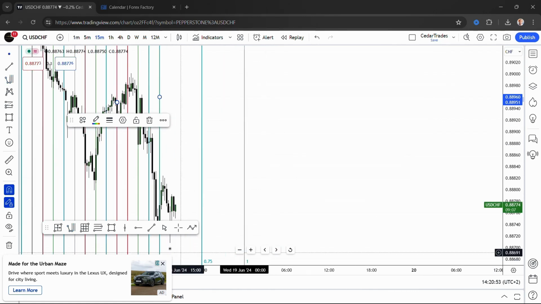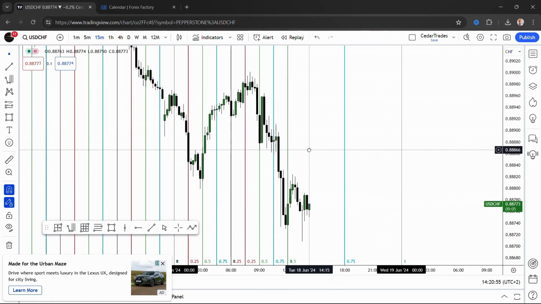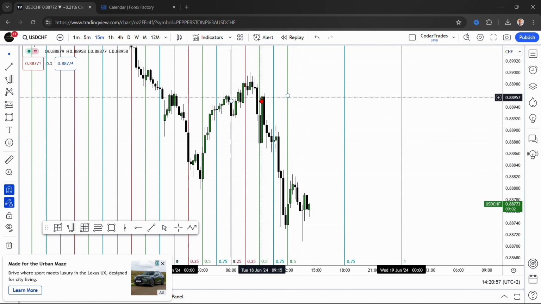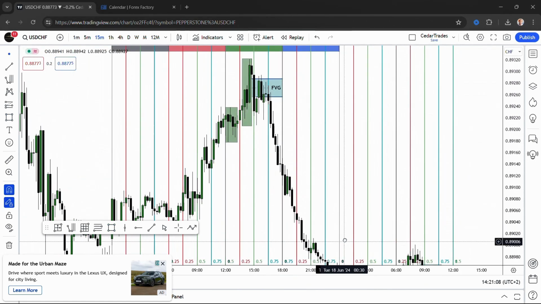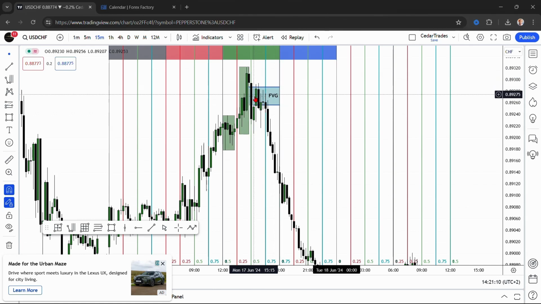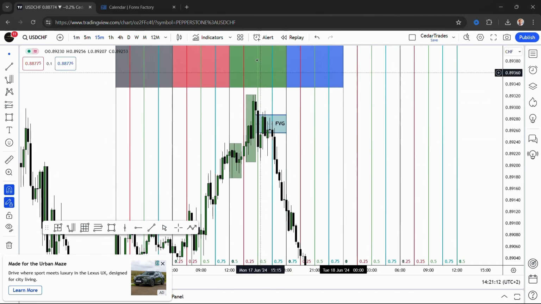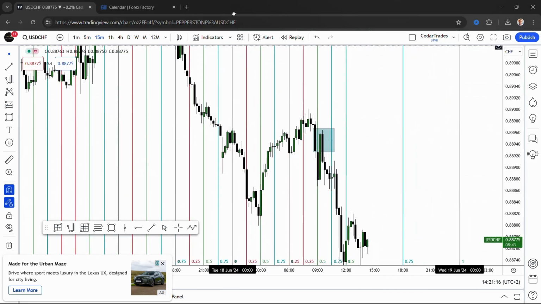And this was the same thing that we had on that other price right here, where we had the third quarter falling into a fair value gap right here,